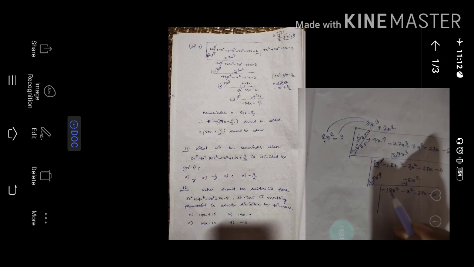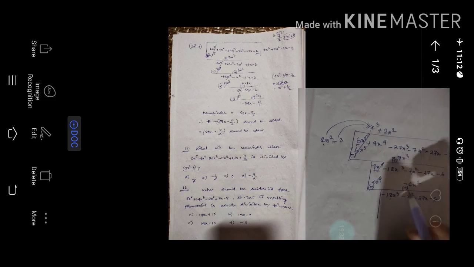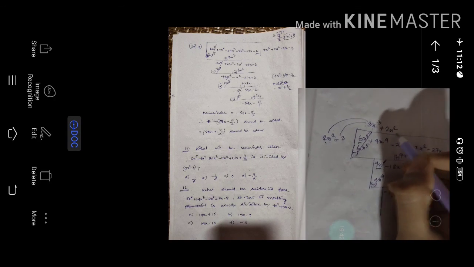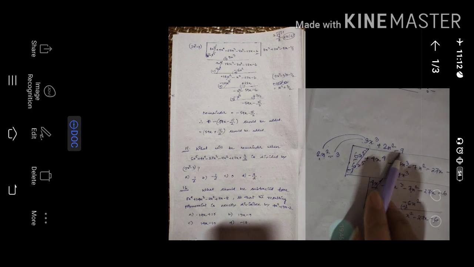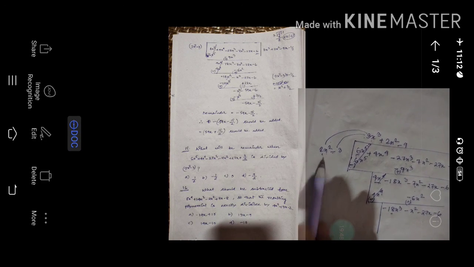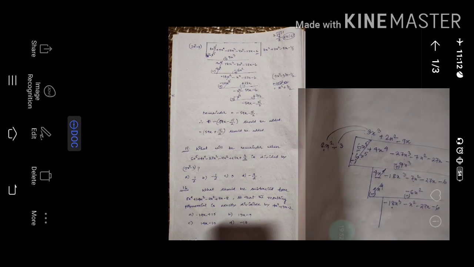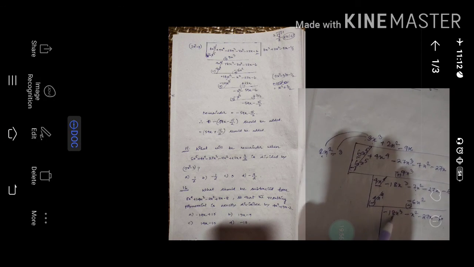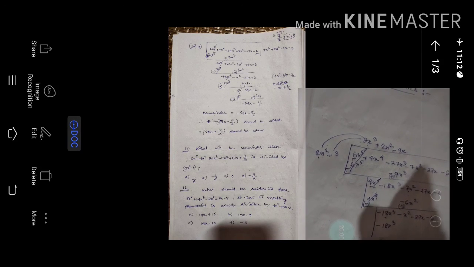So next our aim will be this one, only the first term you have to match. So minus 18, here 2 is there, so that means with minus 9 you have to multiply. 9 times 2 is 18, I need minus 18, that's why I have multiplied minus 9. Here x square is there, I need x cube, so that means again 1x will be there. So then only I will get 2x square into minus 9x, which is minus 18x cube. So I have written here 18x cube.